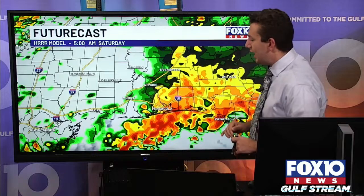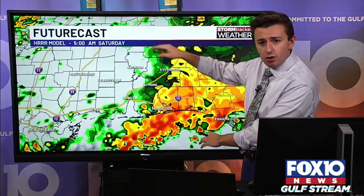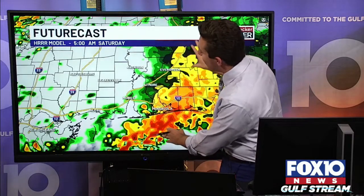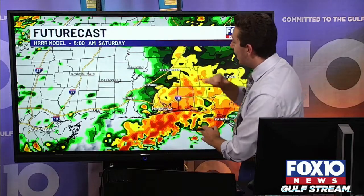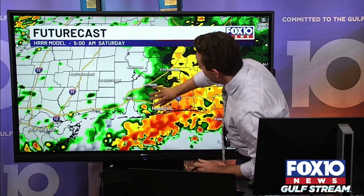And by 5 a.m., I think the reasoning behind the forecast model kind of clearing us out by 5, you have this complex of thunderstorms, and we kind of saw this earlier. We have a complex of thunderstorms to our south. This forecast model projecting on Saturday morning a complex of thunderstorms to our south. What this does is it sucks all the energy out to its north. So if this happens, we get this thing that pushes through. Likely we have a lull out there in the central part of our viewing area and areas to the north,